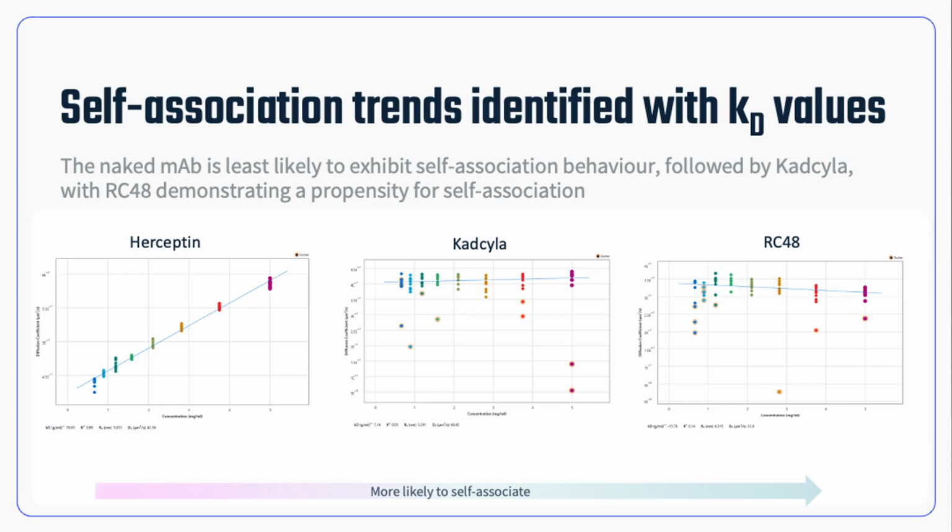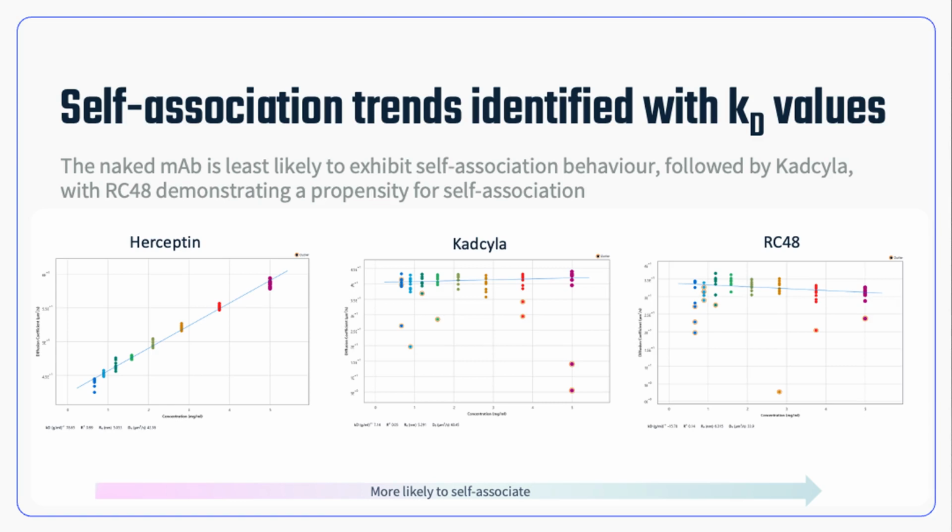But now let's compare the KDs of all three biologics we've been discussing. We just saw that Herceptin has a very positive KD, which is great and means that the antibody molecules are repelling each other. Kadcyla has a less positive KD, but it's still positive, which also indicates that there is repulsion between the ADC molecules. RC48, however, has a negative KD, which means that the RC48 molecules are associating with themselves and may aggregate with the current buffer conditions. So based on these KDs, we can start to predict which of our biologics are more